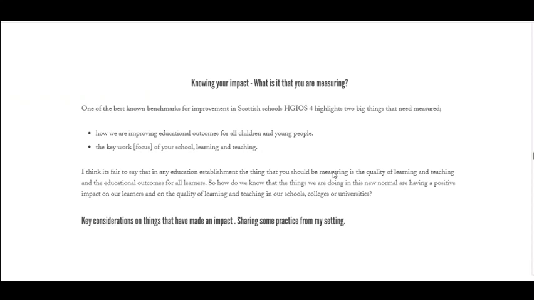So impact is really, really important for us in Scottish schools when we think about benchmarking how good what we do inside the classroom is. This is really important for how we measure our impact. So you look at HGIOS 4, How Good Is Our School? And it highlights two big things that need measured. If we're thinking about impact, how are we going to measure it? We need to measure how we are improving the educational outcomes for all children and young people, and we need to measure the key work, which is that quality of learning and teaching,